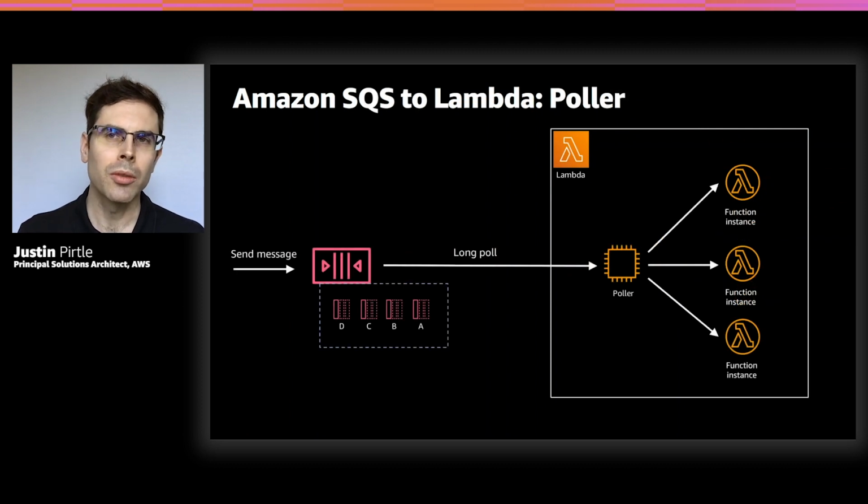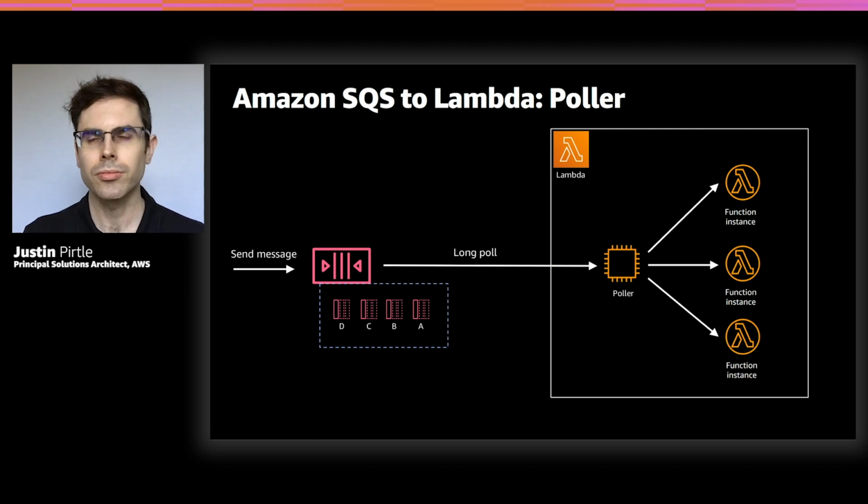Let's contrast that with SQS now. So with Amazon SQS as the event trigger to AWS Lambda, you'll see that the picture looks largely similar, except now the SQS queue is in your own account on the left-hand side of the diagram, and the poller and all the other infrastructure is the part that Lambda manages on your behalf. There's no Lambda internal queue in this case. It's your queue, your SQS queue, that's being polled.